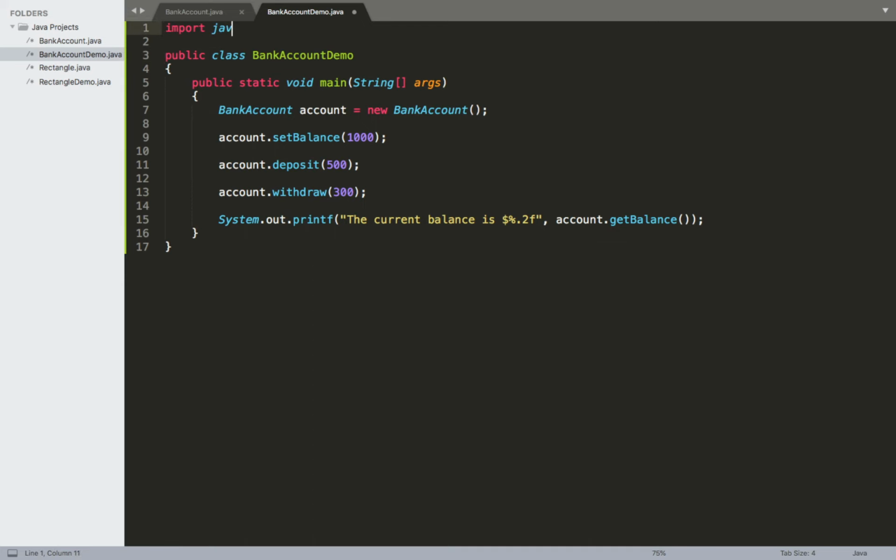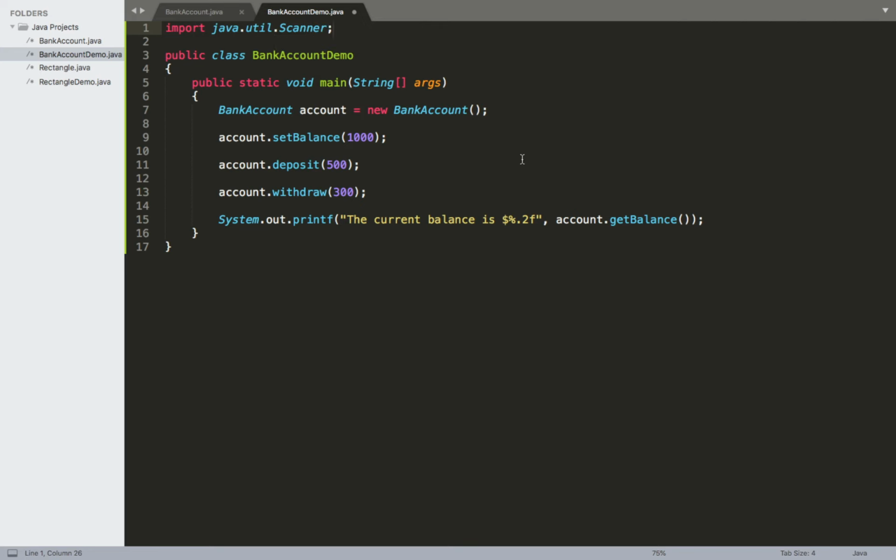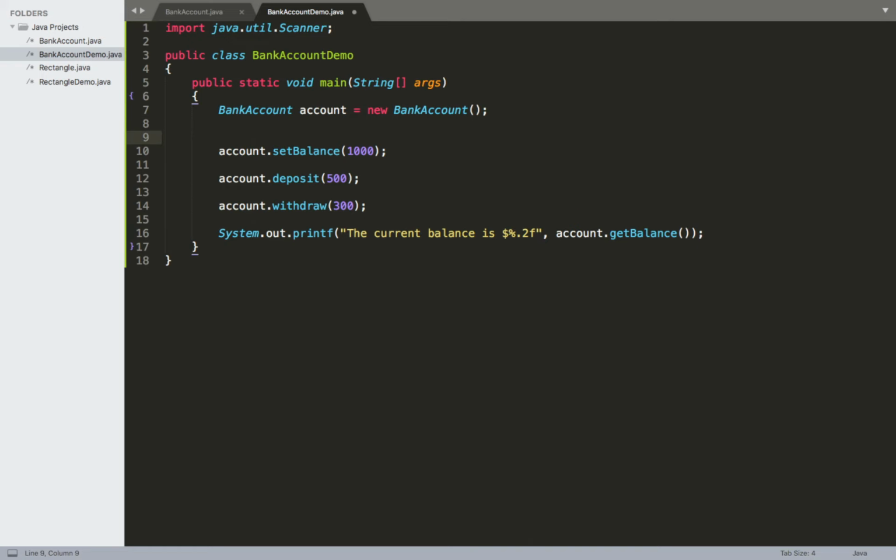So we're going to do something like import java.util.Scanner. And then what we can do is start adding in some additional print statements here to ask the user for some kind of input, say being able to set their balance and then deposit an amount and then withdraw an amount. So we can do something like